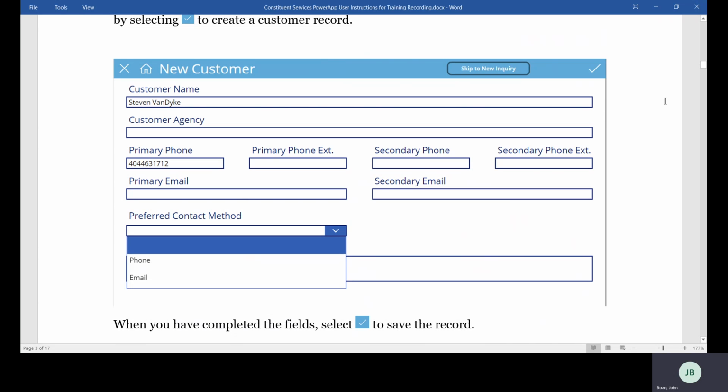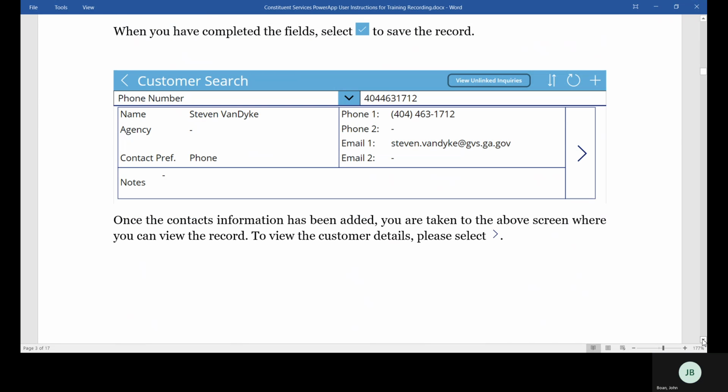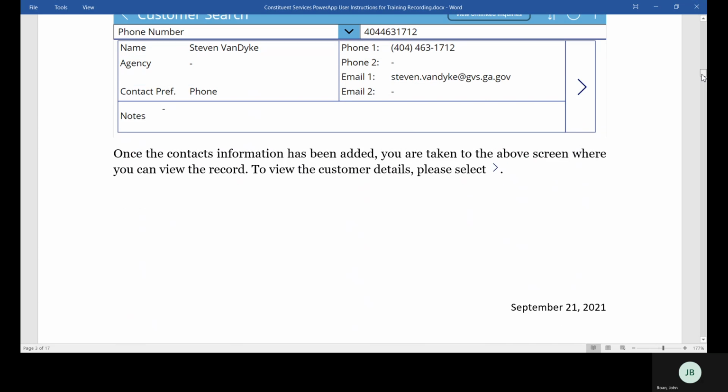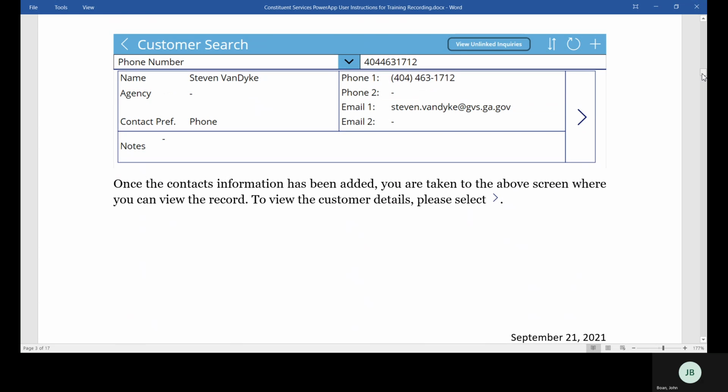When you have completed the fields, select the check mark at the top to save the record. Once the contact's information has been added, you are taken to the above screen where you can view the record.